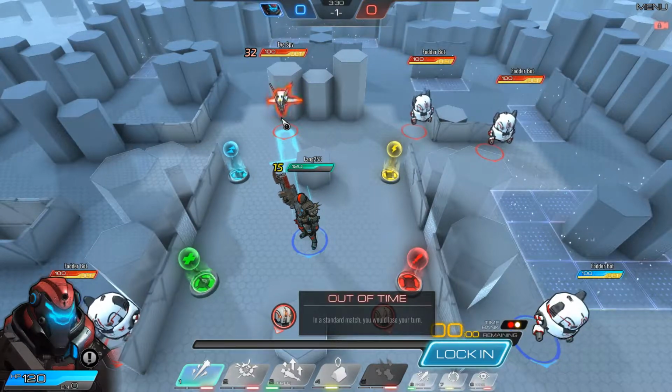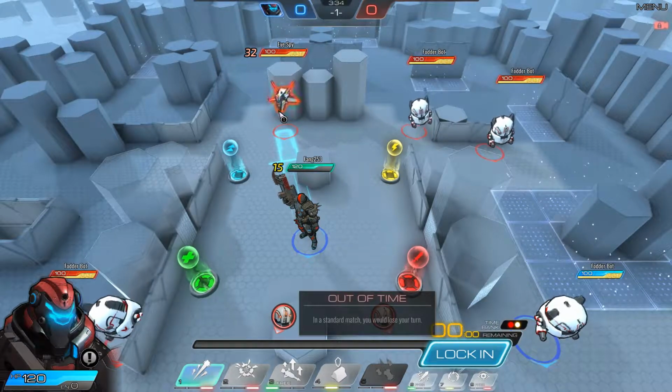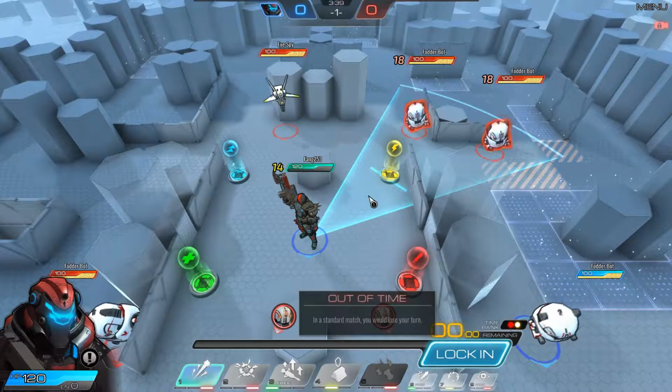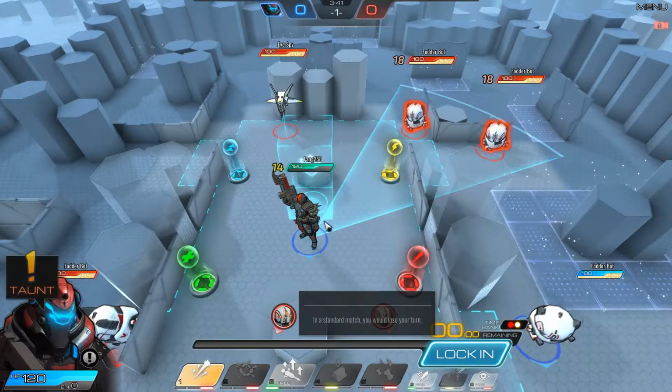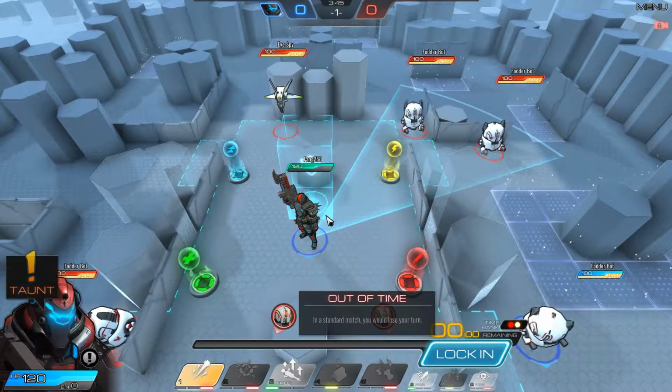They don't have a cooldown. There's nothing really too special about them. It's just basically your way of building up energy. And as I'll just do right now, I'll shoot this direction. The yellow number above your character shows you how much energy you're going to be getting for